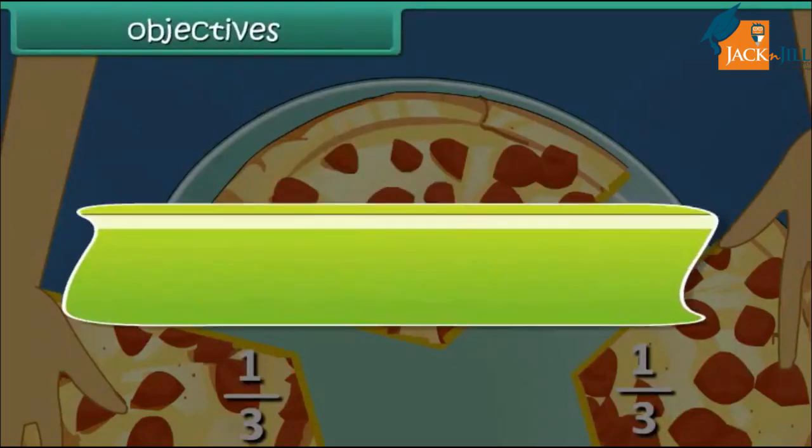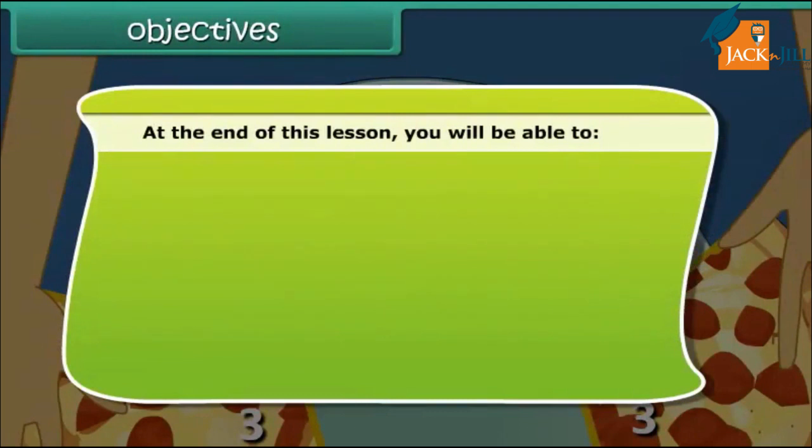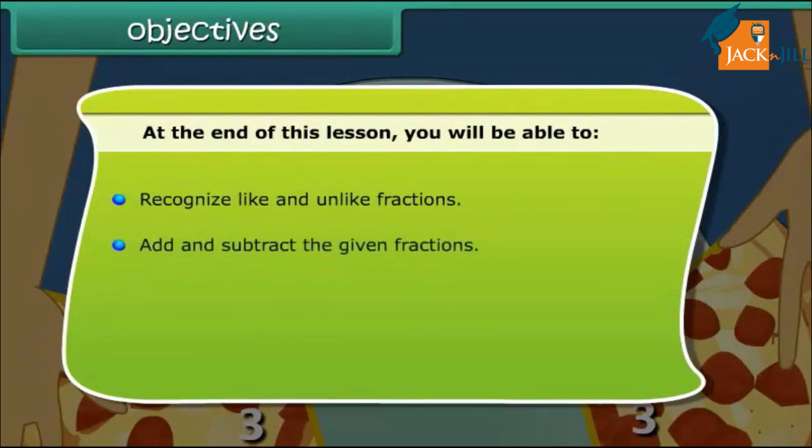Objectives. At the end of this lesson, you will be able to recognize like and unlike fractions, and add and subtract the given fractions. Fractions such as 4/8, 6/8,